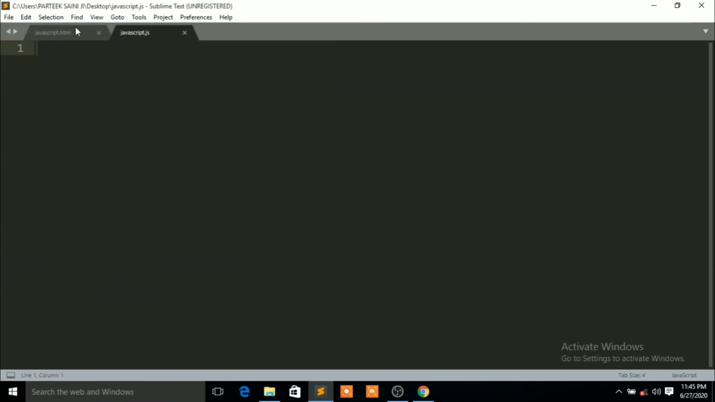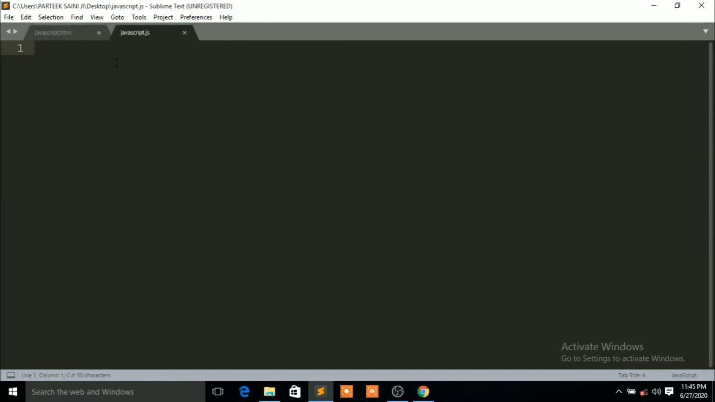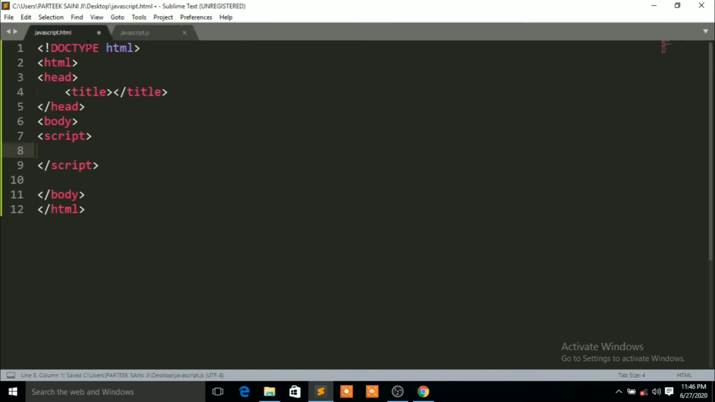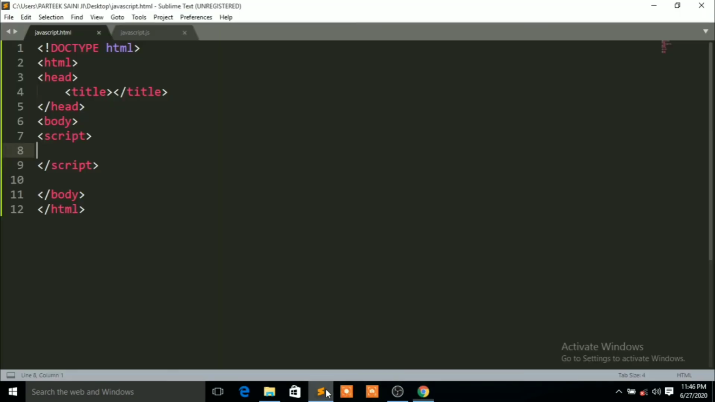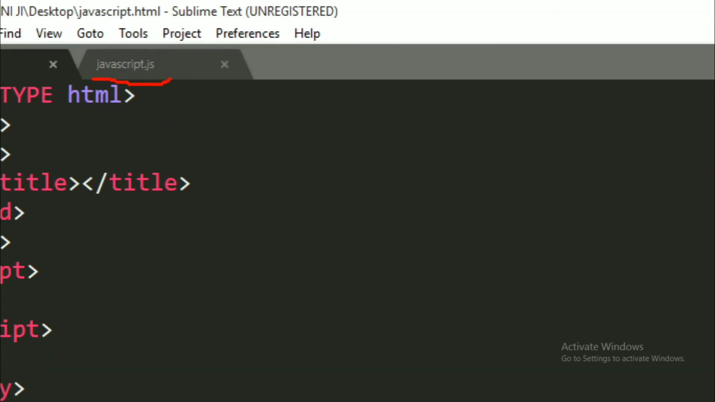Now you need to cut the document.write statement from here and paste it here. Then press control plus s. Control plus s, and you will see in the browser, control plus r, that nothing is here. Why is nothing here? Because you have to connect the external JavaScript to the HTML section, that is this javascript.js